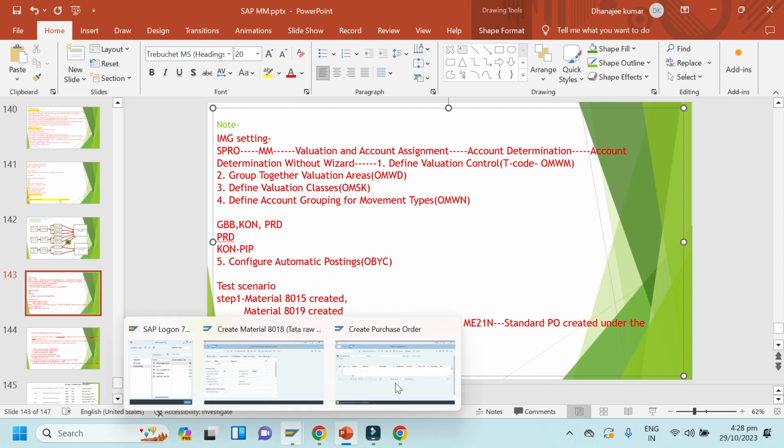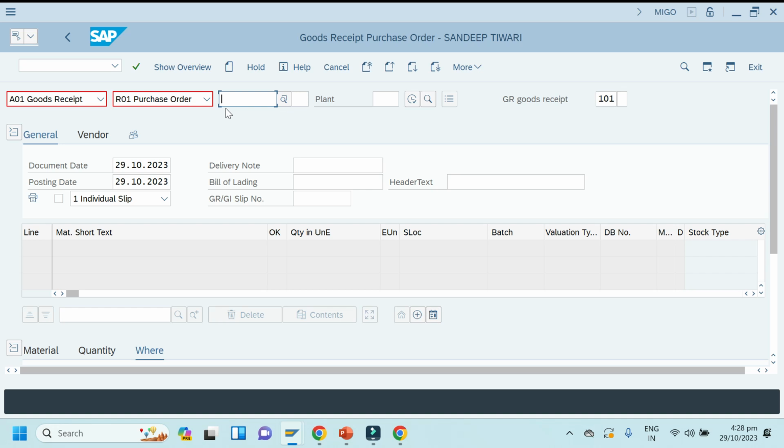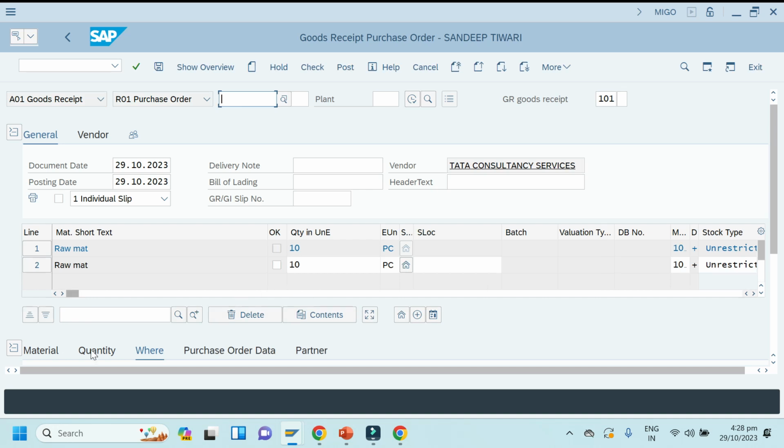So let me do GR now. So this is the PO number. What is the T code? MIGO. Enter PO number, click enter. So both items came here.